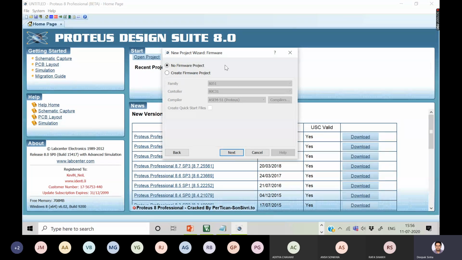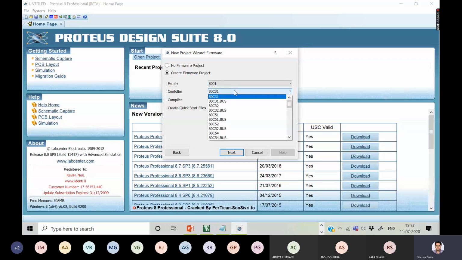Then you will get this window and here you will have to select the microcontroller that you are going to use. So here you will select the create firmware project, and here you select your microcontroller. ठीक है, 8051 फैमिली तो है ही, उसमें कौन सा है तो यहाँ पे देखिए आपको मिलेगा